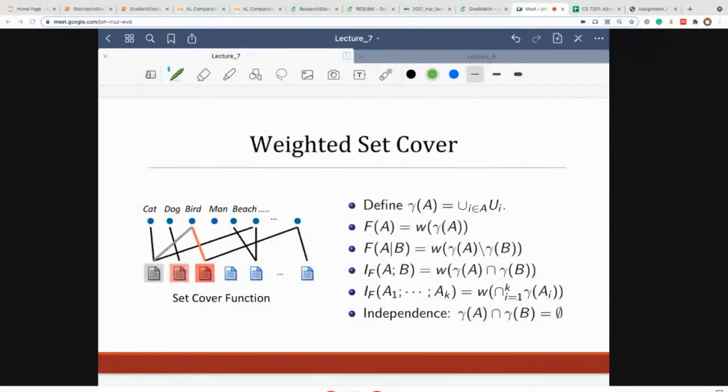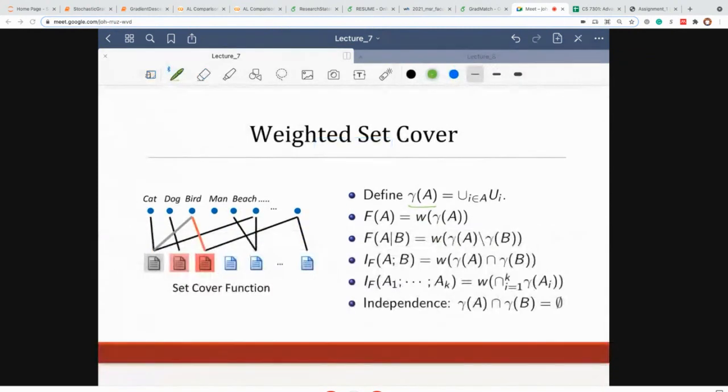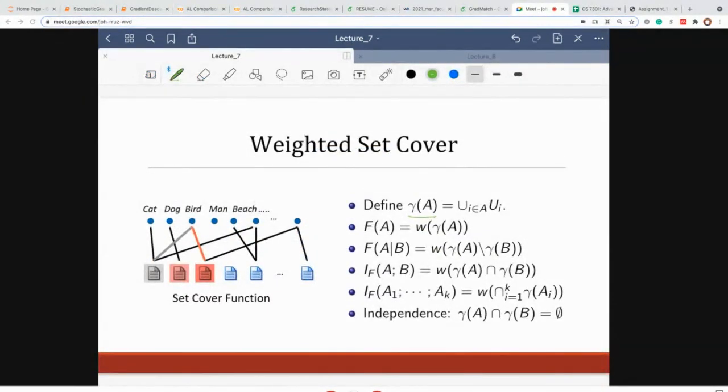So we'll go and make it a little bit more complex, and hopefully this example and a few others will convince you that this is useful, right? And this is interesting. So what's going on now is, let's define this as a set cover. Set cover is also a very simple function. Recall that you define gamma A as the coverage, as the union of u_i for i in A, right? So for every item i, I have u1, u2, and so on. So u1 is a set of concepts that each of these cover, right?